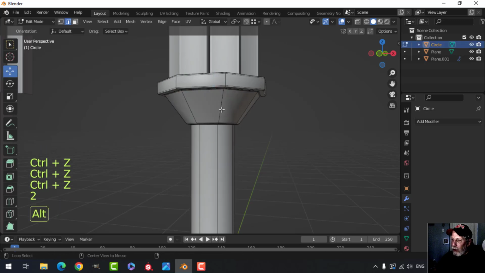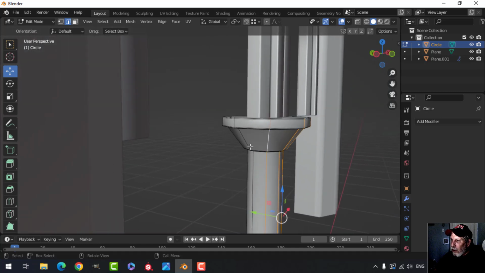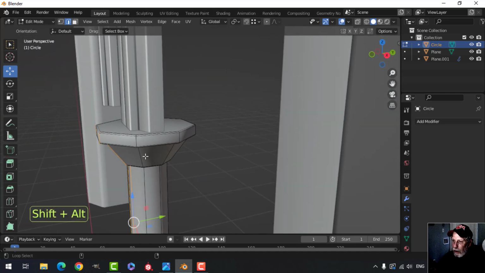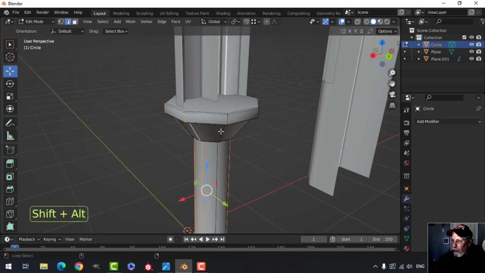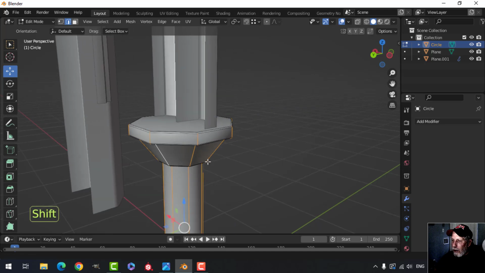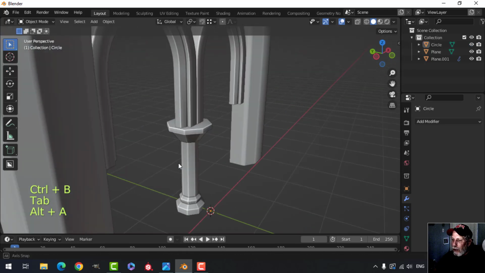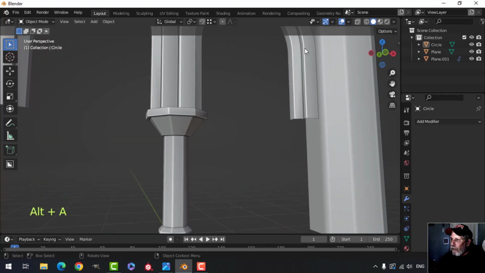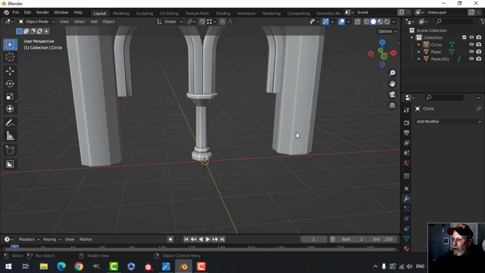And what I'm going to do is I'm going to, in edge selection, Shift Alt and click all of these edges. So I'm holding Shift and Alt and clicking. It's going all the way around. There and there. And here. And I'm going to bevel that, Control B with 3. And that's going to give it that look. And just double check this. Yeah, okay. So with that done like that, let's